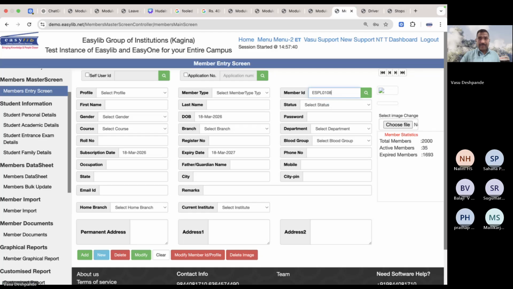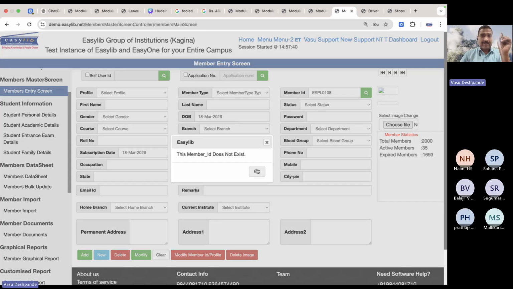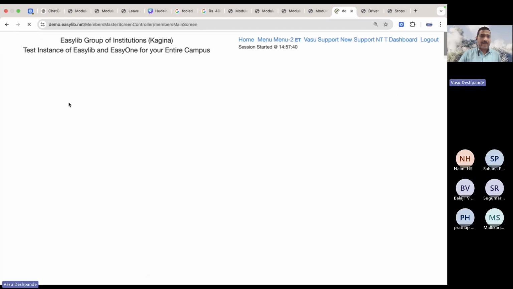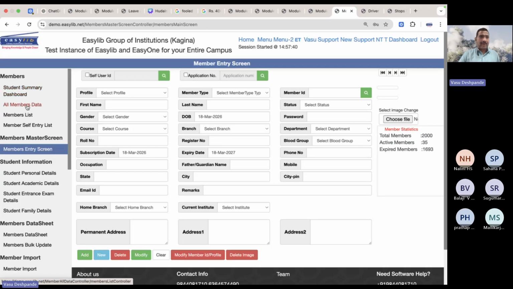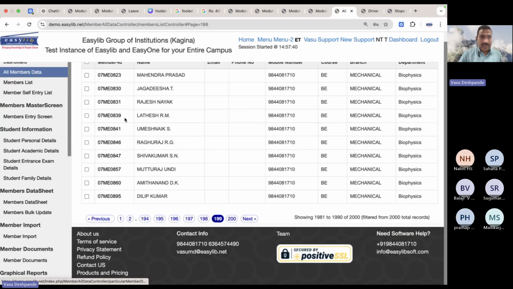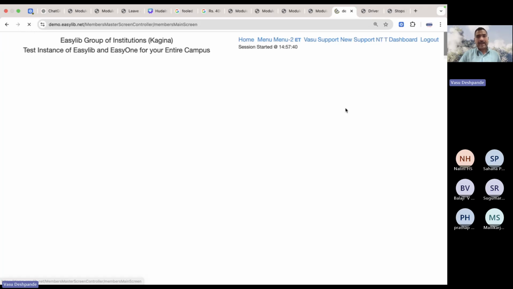So if you see the drivers, okay, sorry. I think there's a different one. I have logged in here. Let me go here and find out. So all members data, I can take one of them. Let's say there is a 001, something like that. 07, Latish. Okay. So if I put over here member data,